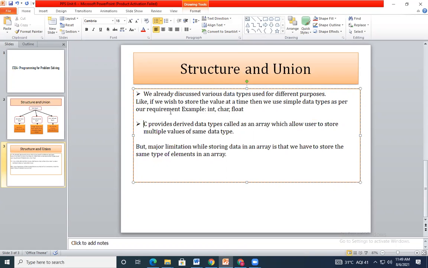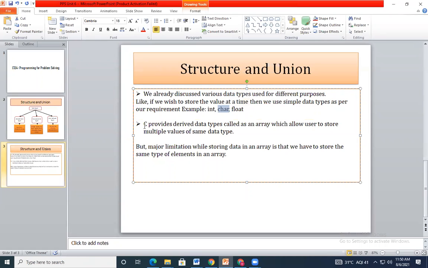Whenever we want integer type data, let's say the values 5 or 10, I will use the integer data type. If I wish to take a single character, let's say ABCD, I will use the character type. If I'm getting values in the form of decimals, I will use the float type.